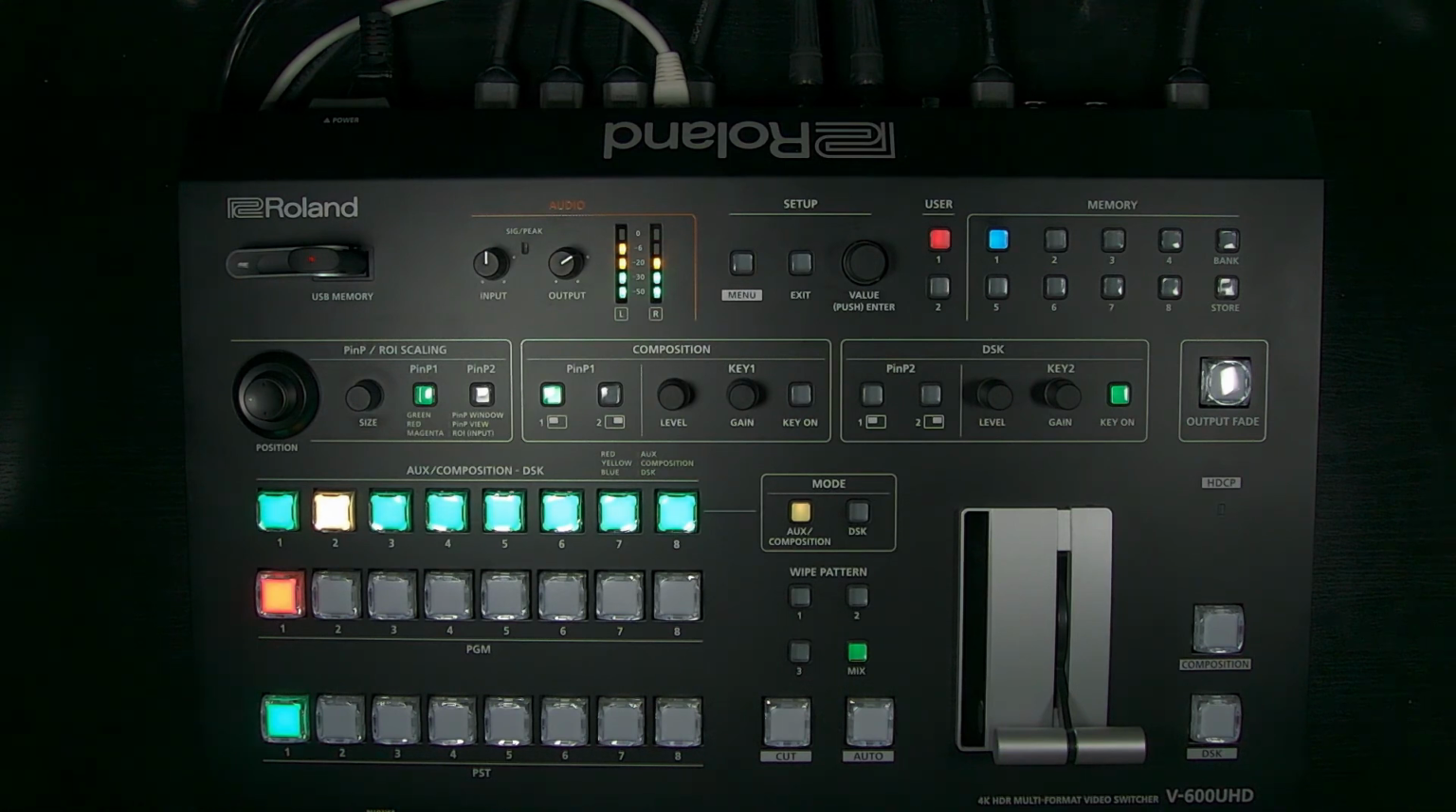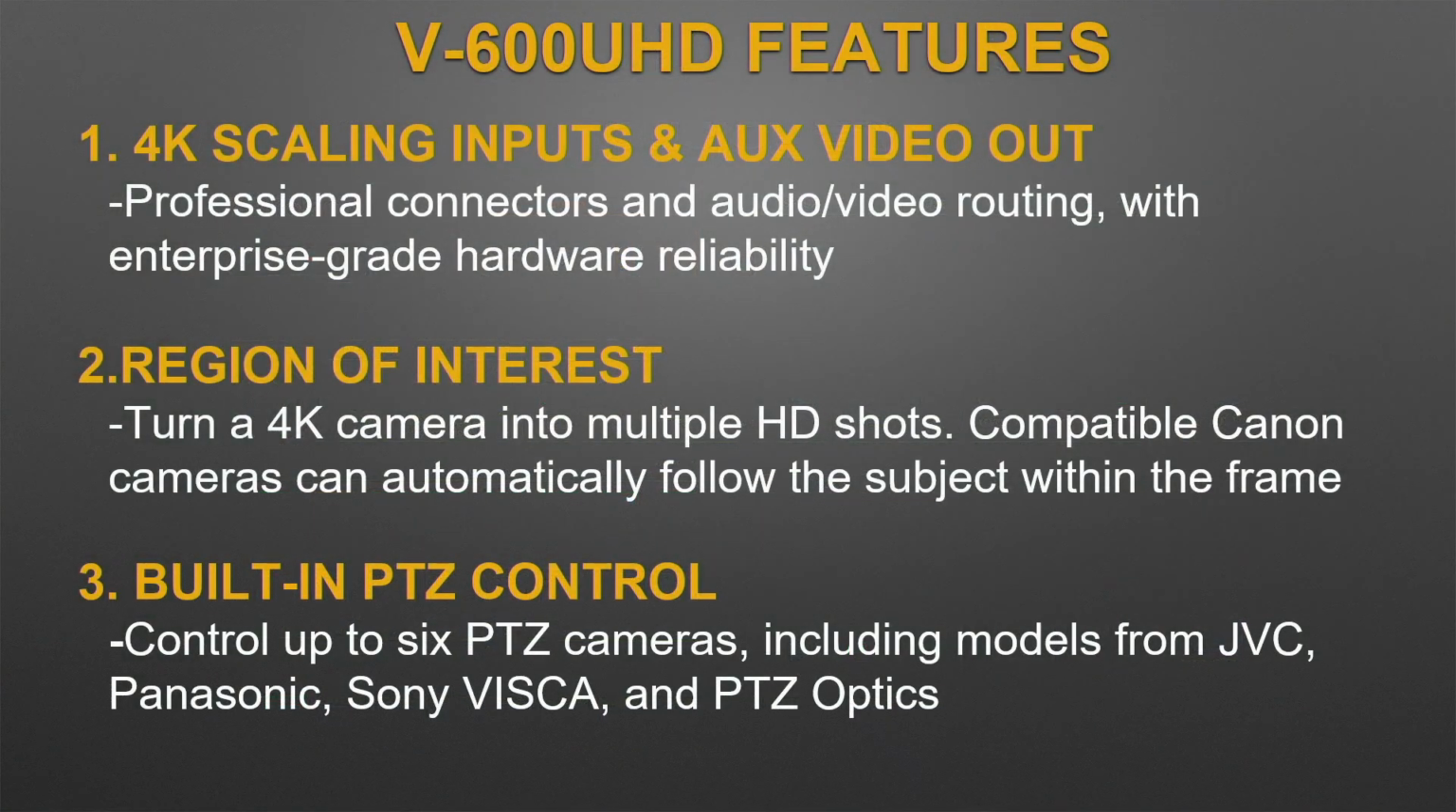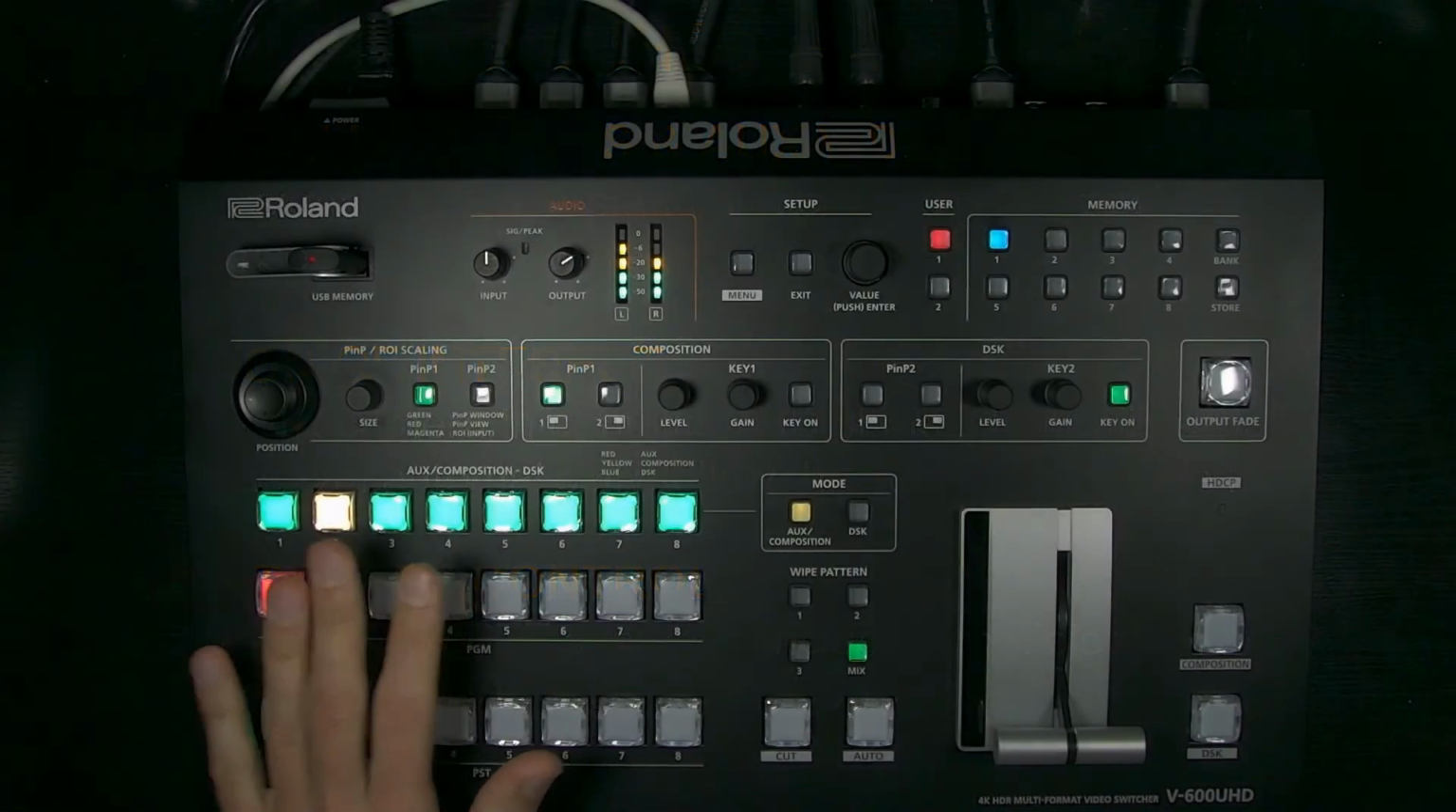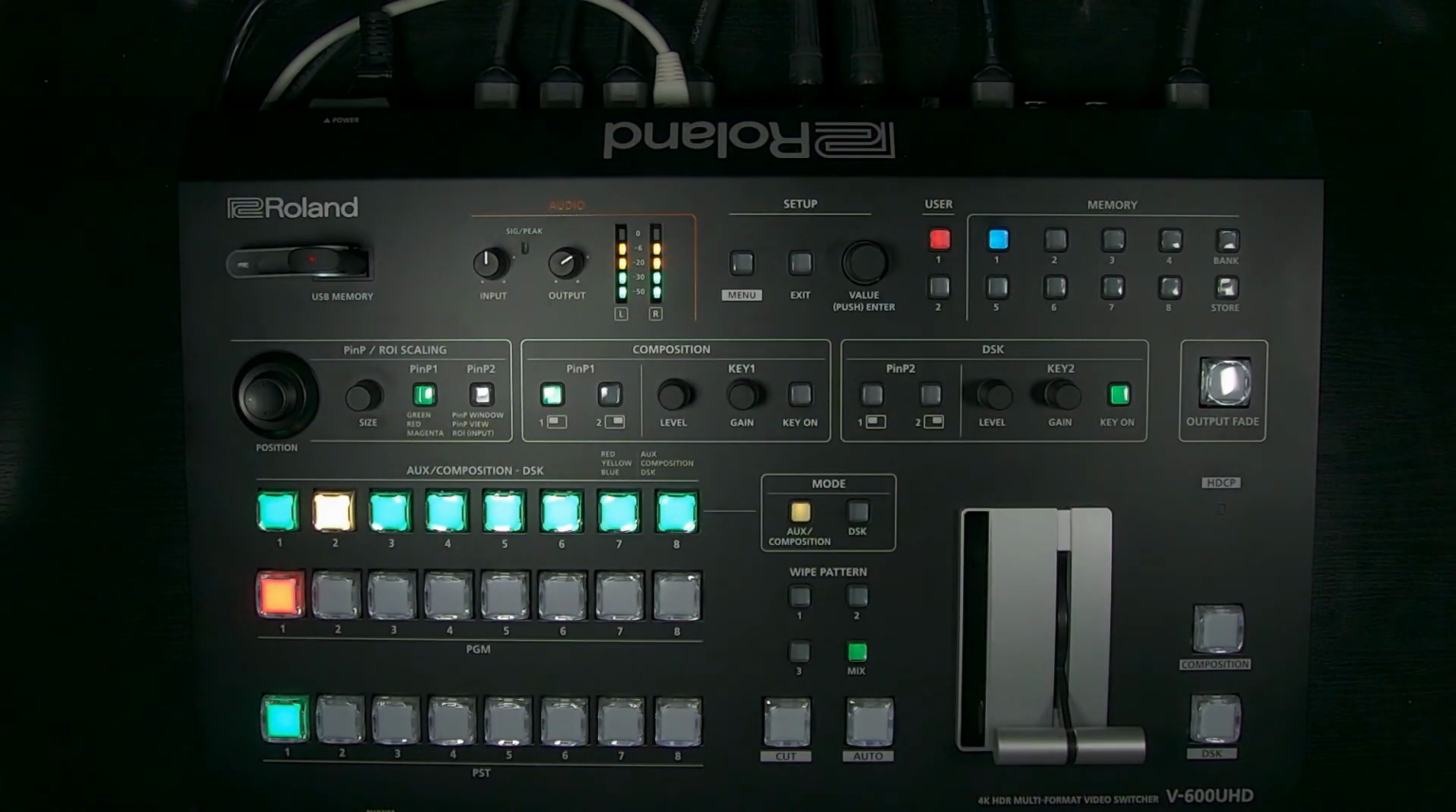For the next 20 minutes, we're going to go over the key features and functions of this model. There's a lot you can do with it, especially with the latest version 2.0 firmware update. Key features: 4K scaling inputs and aux video out. With these professional connectors, you have two 12G SDI connectors and four HDMI 2.0 connectors. And you have an aux video out you can assign, and hardware reliability with mechanical push buttons, metal frame, and